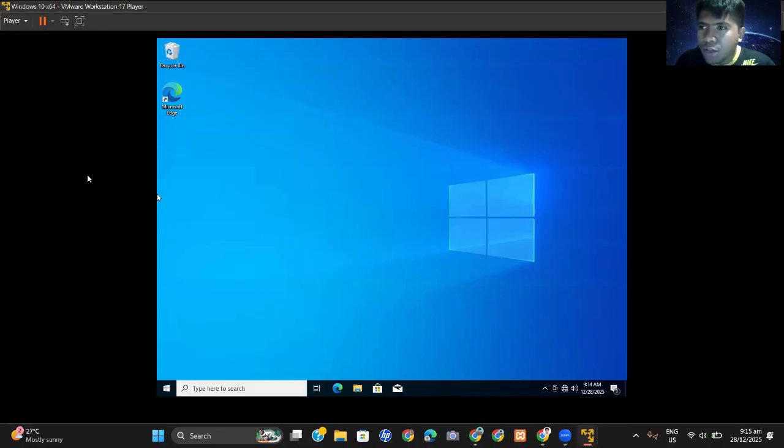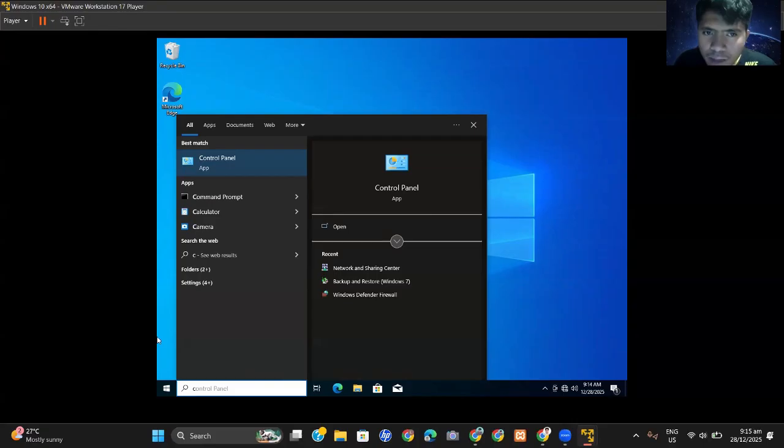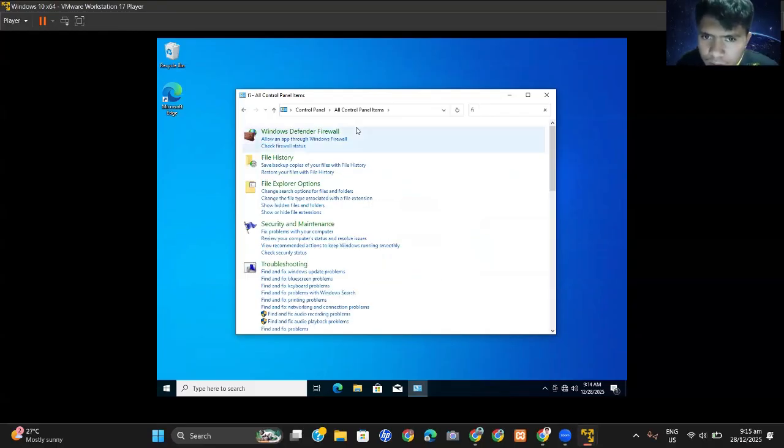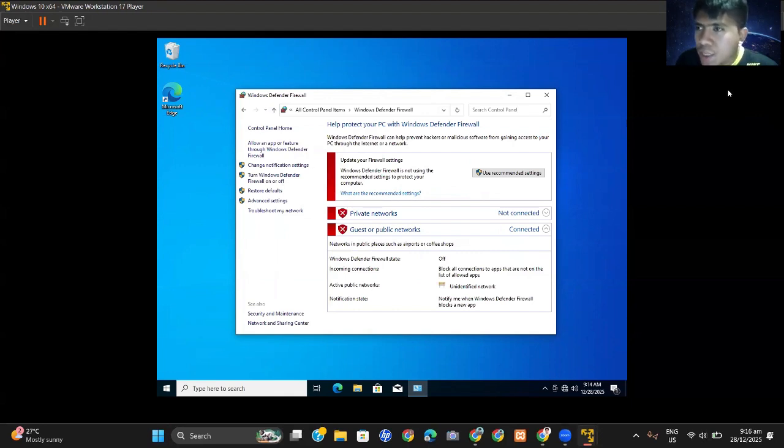First thing first, in the control panel, make sure the firewall is turned off. As you can see, our firewall is automatically turned off.